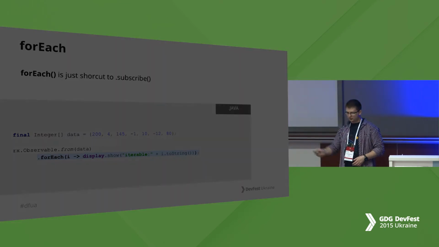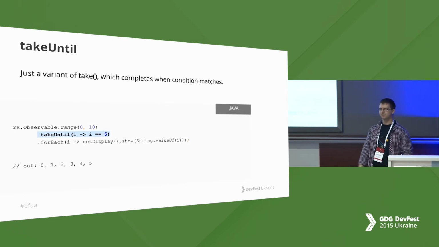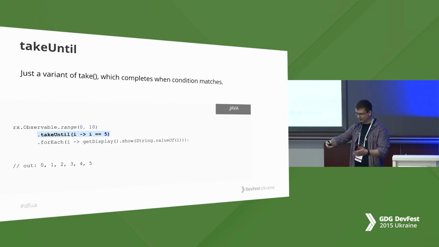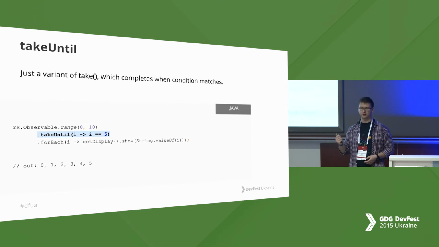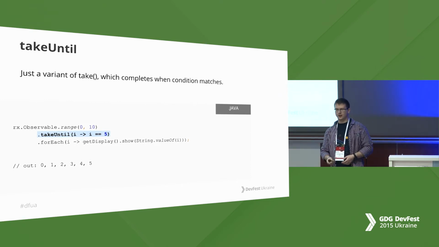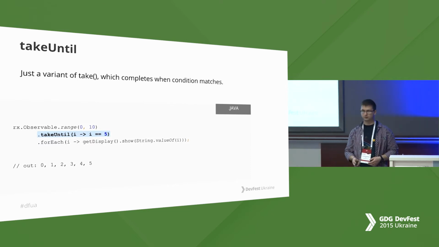For which I already told you, takeUntil is like some skateman who is skating on the short board that will end sometime one day. So he's skating and then falls. And here is takeUntil. It just waits, receives values. For example, here you see a range from 0 to 10. It will receive it, but when value will be 5, it will stop receiving. It will not unsubscribe, but it will stop receiving and return only these 5 values. Other values will not be handled.